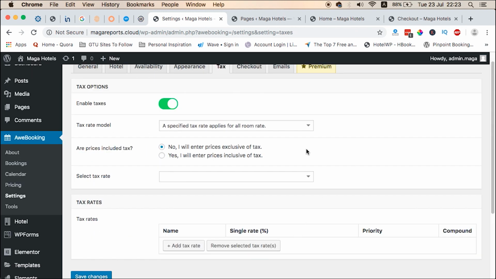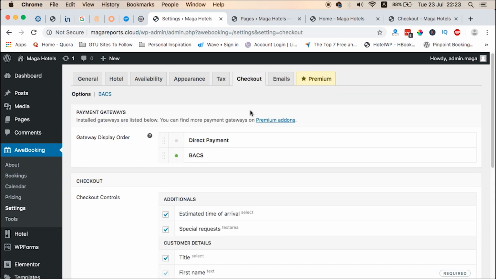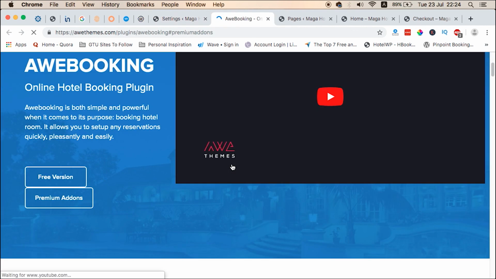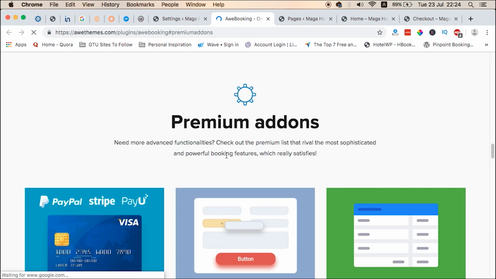You can set up your tax preferences from this section, and the checkout area is where you can actually add payment gateways, payment platforms. Since this is a free option of this plugin, you are unable to integrate with PayPal or other card payments. However, there is an add-on, which is a premium add-on you can get from this company, and once you get it, you will be in position to integrate with card